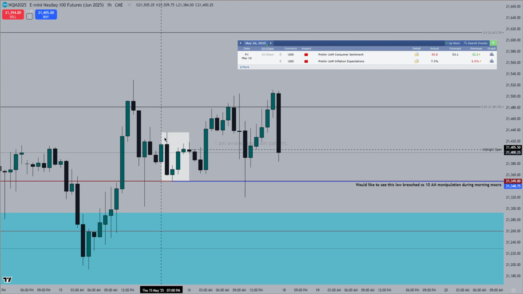Now, what purpose does the 7 p.m. to 12 a.m. range serve for us? We know that this range is important because when expecting price to move a certain direction, consider the opposite direction of the range to be taken as a turtle soup to set the low of day for price to continue from until close.